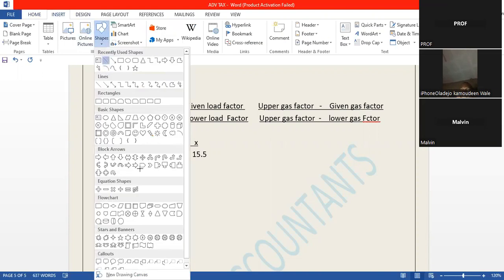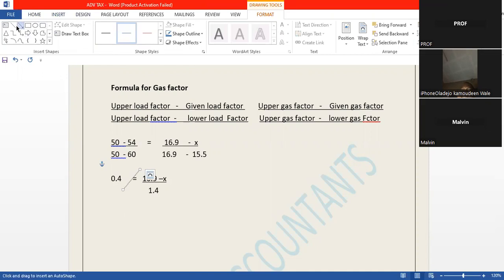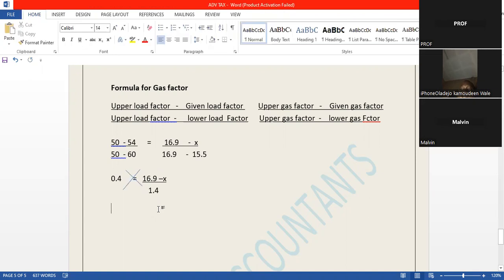So I'm using this as a tool for our cross multiplication. I'm going to use the second one as the same thing. So all we have to do from here now is to multiply it together. So it means it's 0.4 times 1.4, then equals to